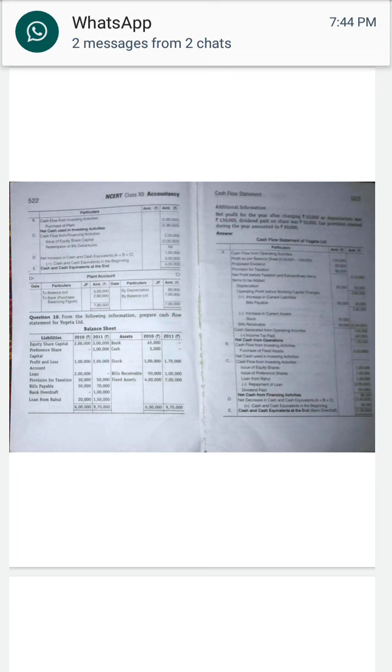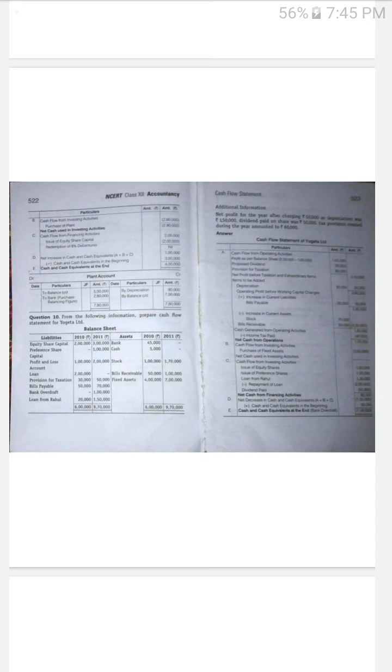You have to subtract and put the sign of the bigger number. So first we subtract the amount, 1,50,000, and put the greater number's symbol, minus. Instead of minus we put the bracket, so they put the bracket, 1,50,000. So what is the meaning? 1,50,000 is the net cash used in the 3 types of activities. So it is the decrease in cash and cash equivalents. It is a net decrease because it is coming in a negative.